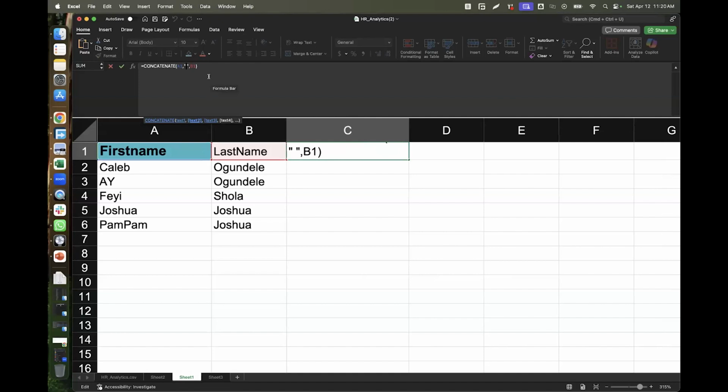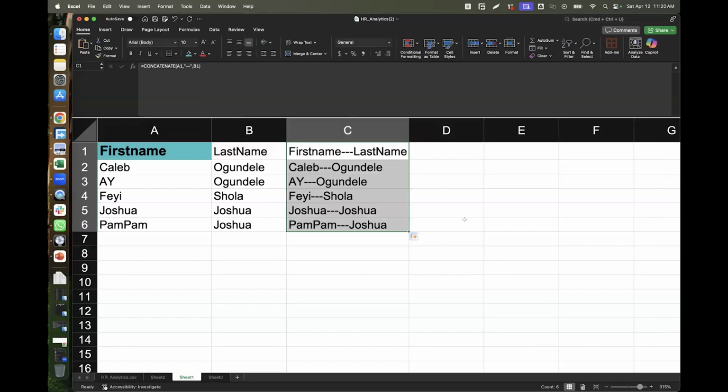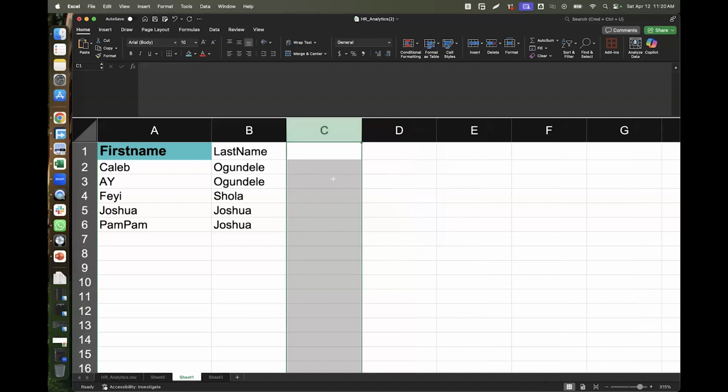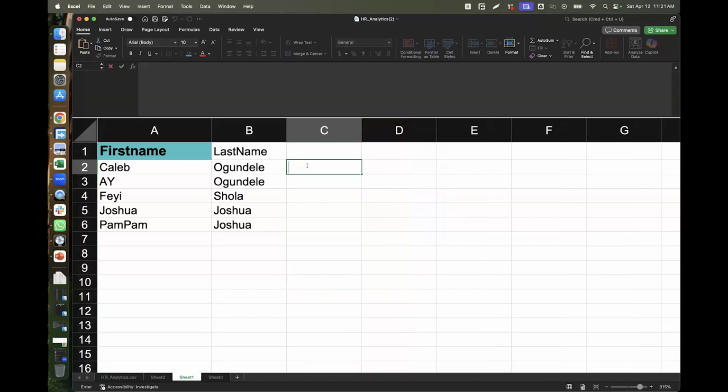And if I want to also put maybe something in between that, I can say I want to put a dash instead of space, or put multiple dashes instead of space. And you see it will still reflect. Can you see first name? This is a way to separate all of that. So I'm just using this to give you an example. Now, I'm going to delete this from that HR data that we're trying to work on. These are just basics, right?